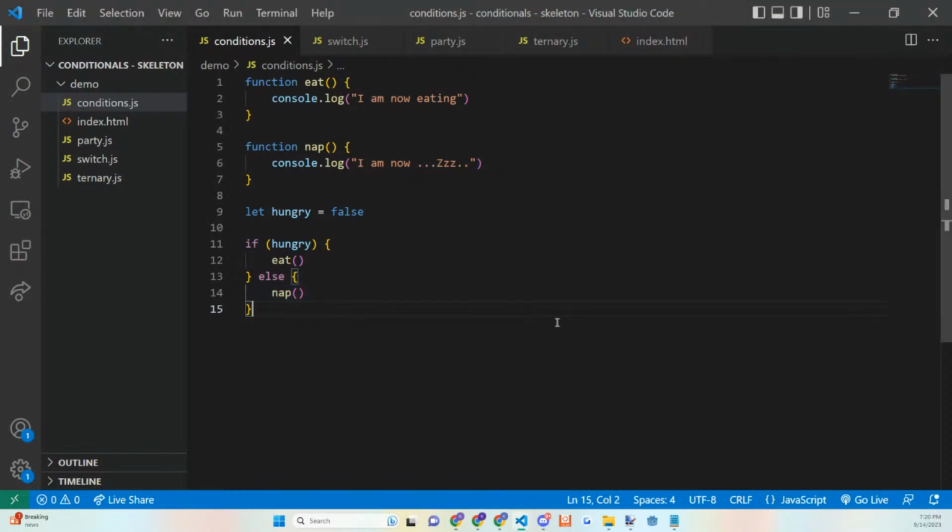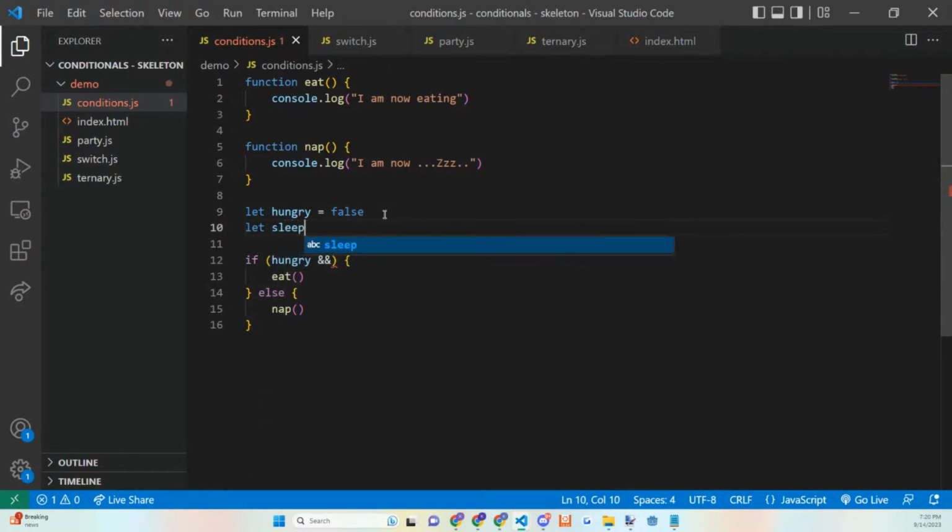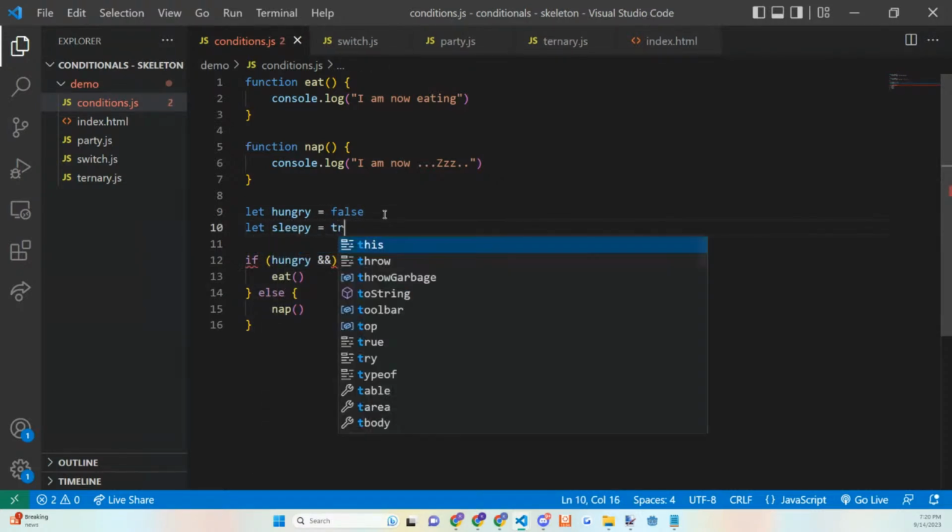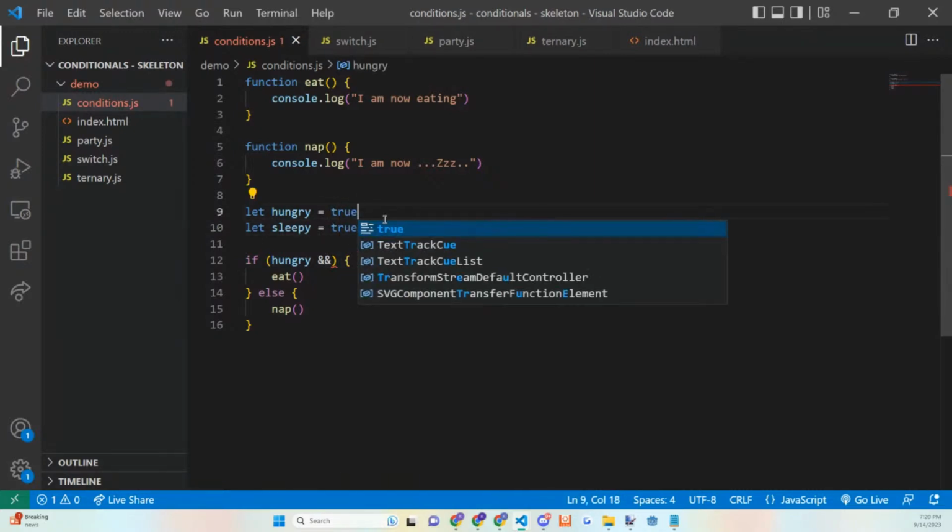All right, so let's actually take this moment to play around with the other operators that we've learned in the previous slides. So we know that we had the ampersand signs, or the and operator, and the or operator, as well as the bang operator, right? So let's try to make use of that. Let's say maybe I'm hungry and sleepy. What happens if I'm hungry and sleepy? Let's create a new variable and set it to true for now. And we'll say that hungry is also true.